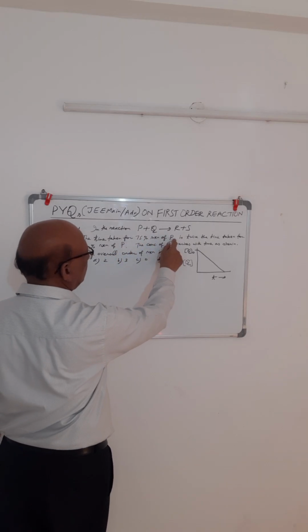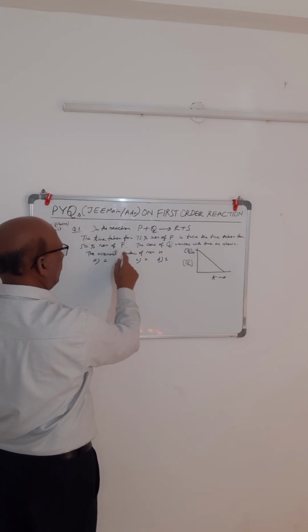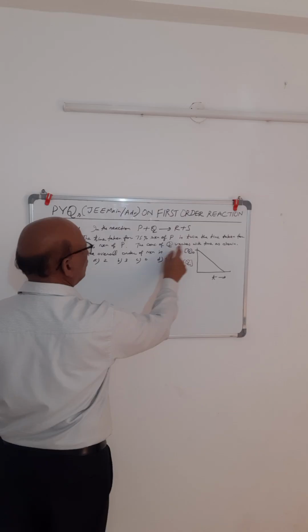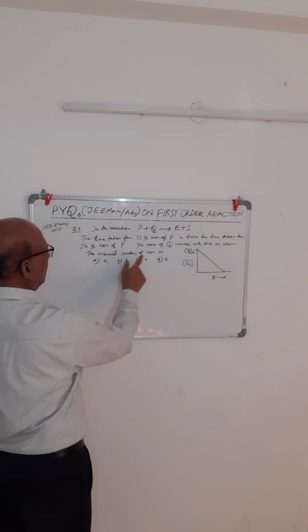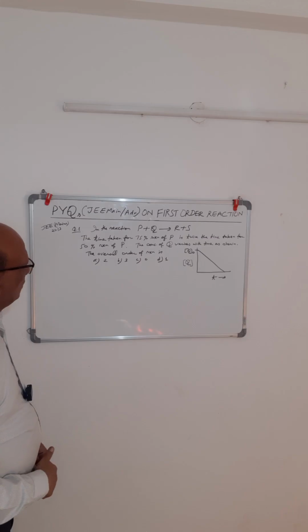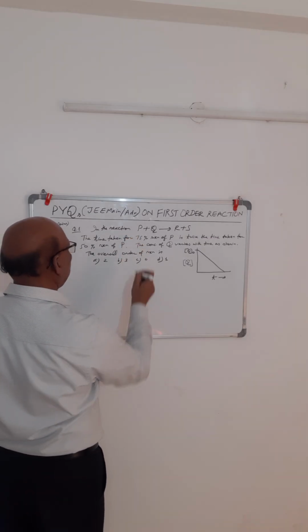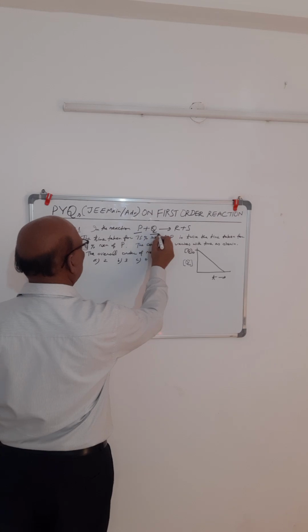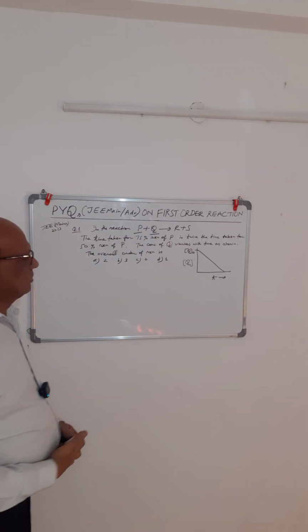75% reaction of P is twice the time taken for 50% reaction of P. Okay, now the concentration of Q varies with time as shown here, and we have to find the overall order of the reaction. So first we will find the order with respect to P, and then we will find the order with respect to Q, and then the overall order of the reaction, that will be the summation of two